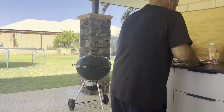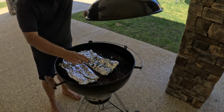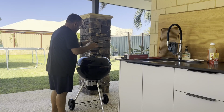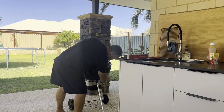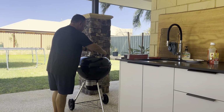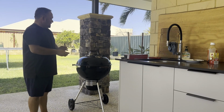Now, these go back in here, like so. There's no more smoke, it's just heat now. I've turned the bottom vent right down, closed it right down to reduce the heat. I'll close this one up about halfway, and we're just going to let that go now until those ribs get